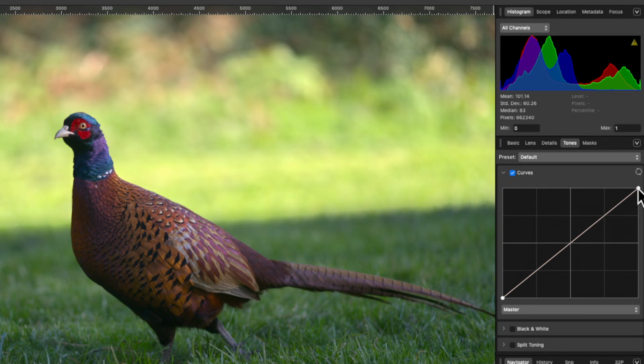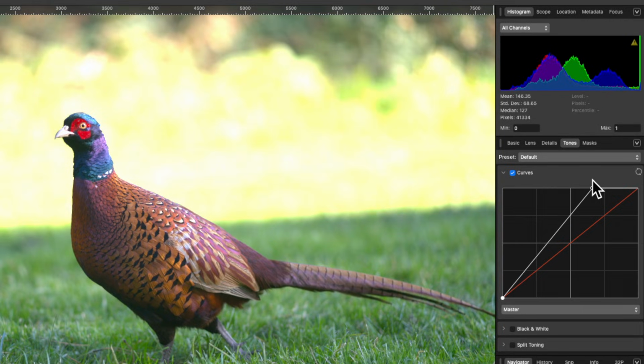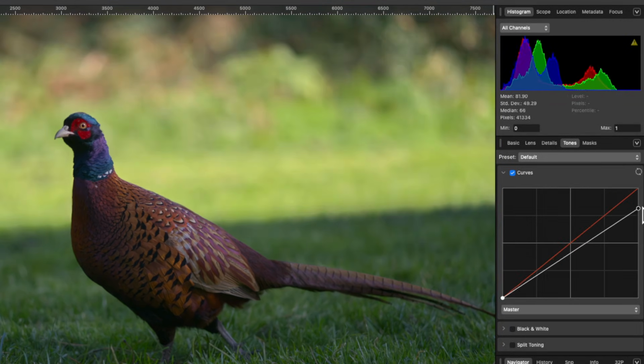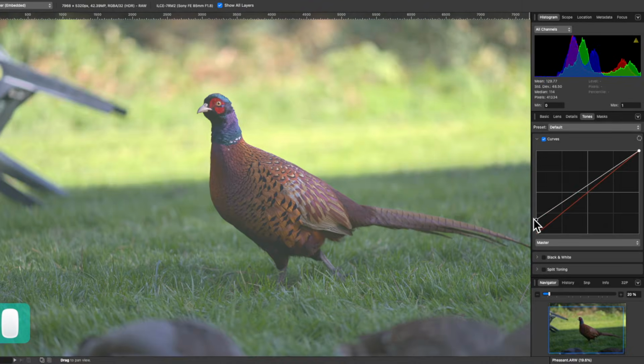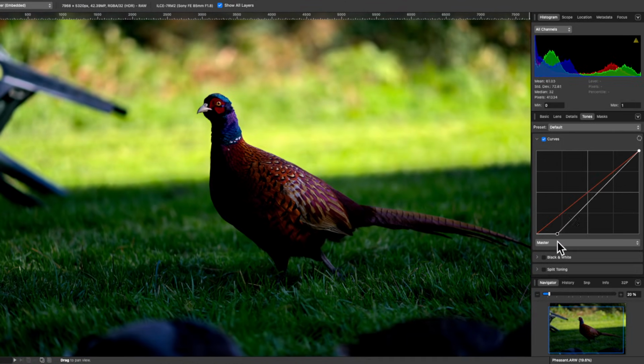So I'll start off by clicking and dragging this across the top one. So you can see I'm kind of increasing the highlights and it's clipping and I'm losing data here. And if I drag it down on the other side, it's decreasing the highlights. And same for the other side. If I drag this side up, I'm brightening the shadows and kind of washing out all of those blacks. And the opposite way, I'm basically increasing the shadows and crushing the blacks and losing all of that data as you see in the histogram.